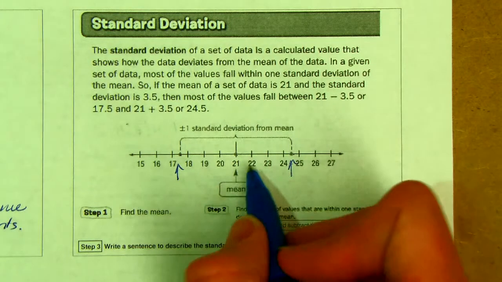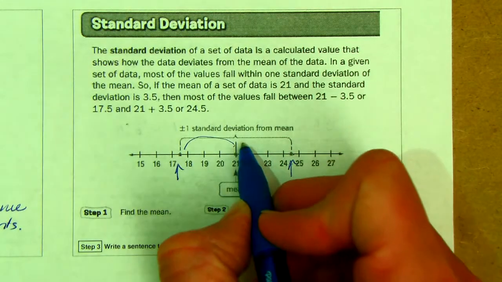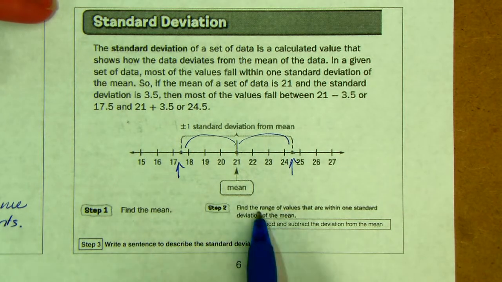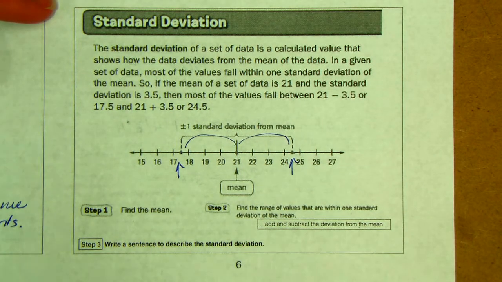Okay, so write a sentence. So first find the mean, then find the range by subtracting and adding the standard deviation, and then you're going to write a sentence. So all the values between 17.5 and 24.5 are within one standard deviation of the mean. Okay, so let's